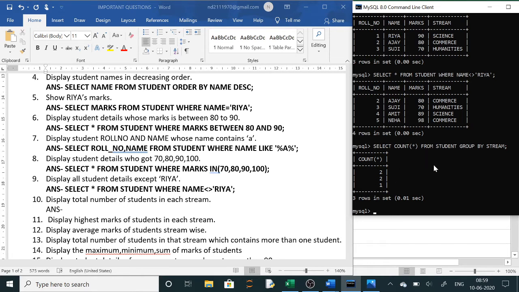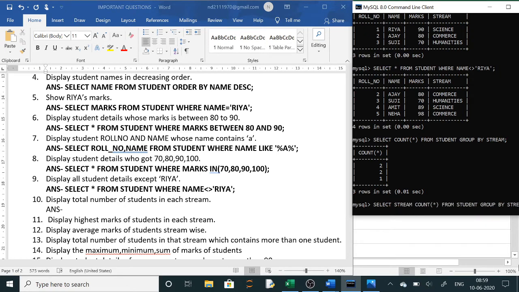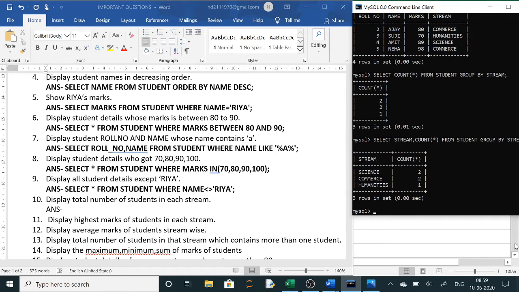If you want to see the stream, you do one thing. Along with count star, you can write here comma stream, or at the beginning you write here stream. So if you write stream, along with stream it will show count star. Now when you execute it, this is much better. Two science, two commerce and one from humanities. Now it is very clear.